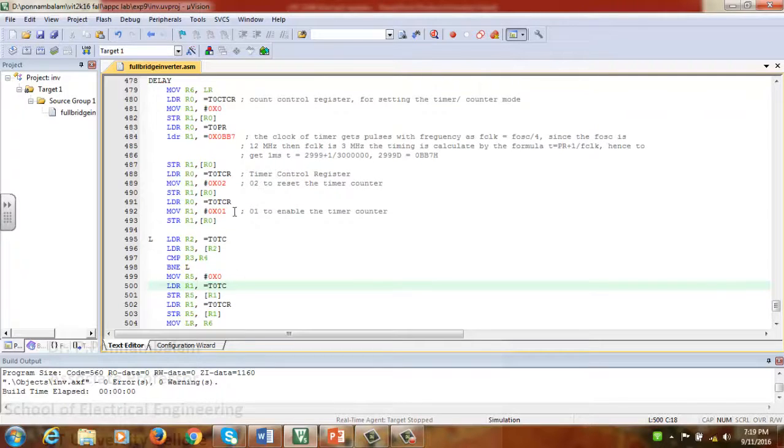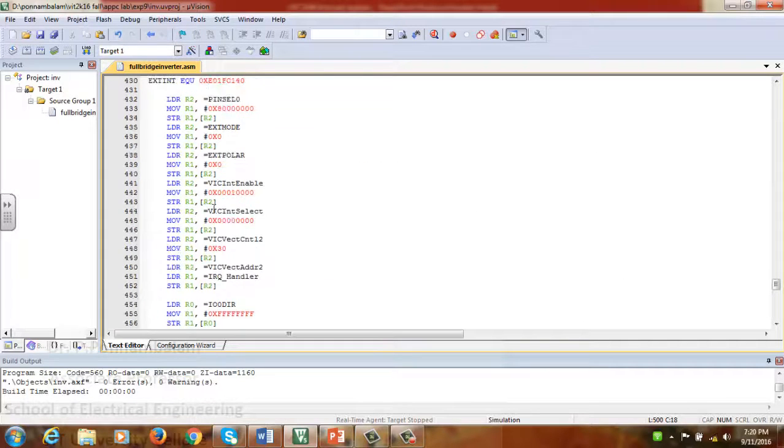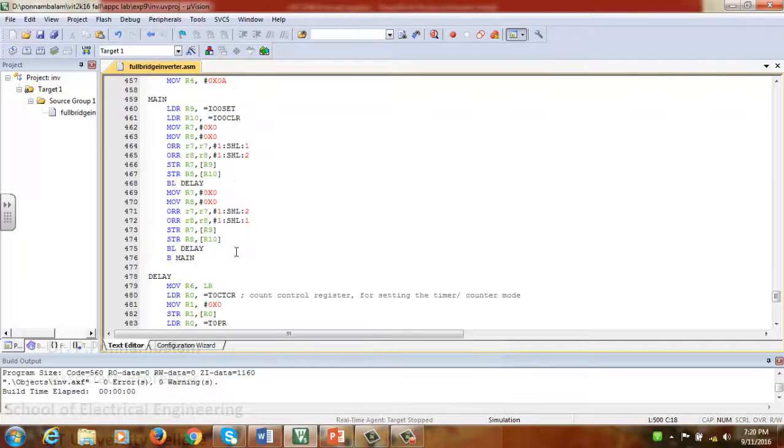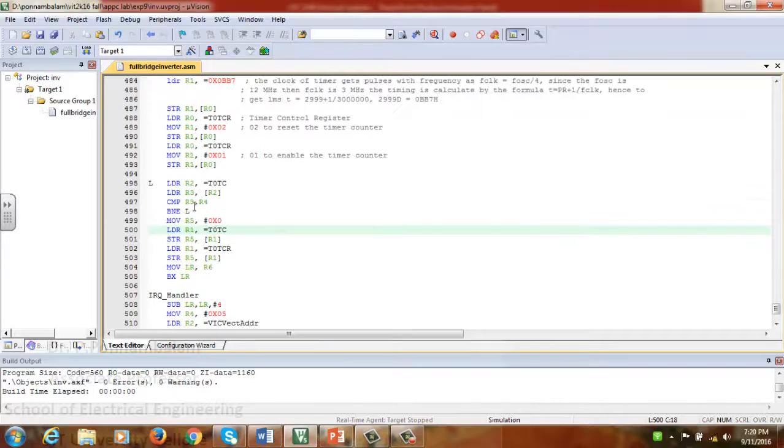After the timer has started to count, I'm initializing T0TC into R2, then I am reading the content of T0TC into R3. The R3 content I am comparing with R4. R4 I have initialized with a value of A. So initially this A and R3 will be compared, and this will keep running, and when the content of R3 becomes equivalent to A, it comes out of the loop.